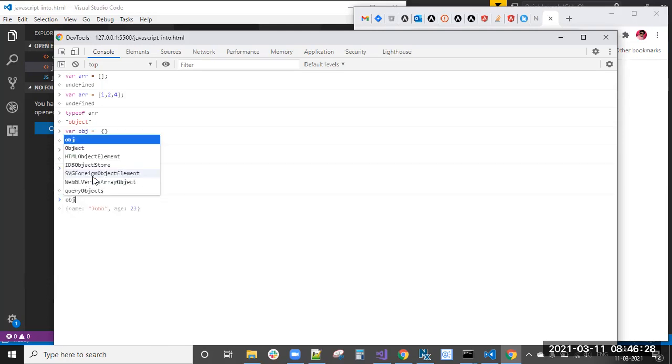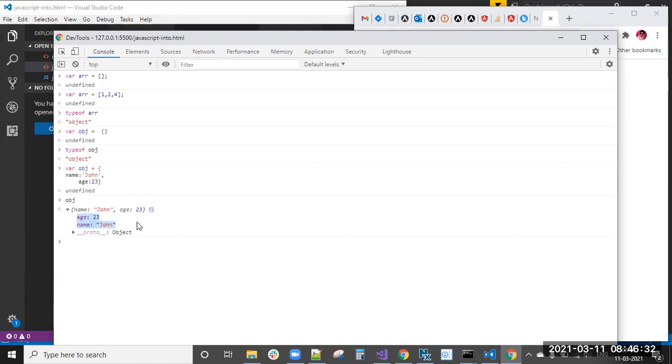Now obj, you will get object. This is the object syntax. In the object you have property names and values. Name is the property name. Array is the collection of elements. So array is one data type and object is one data type.